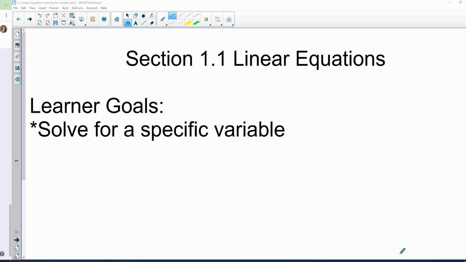We are going to just do a couple examples from section 1.1 in our book, just talking about solving linear equations to get us back in the groove, get us thinking for the day before we jump in with anything else. When you're solving an equation, we know that means you're finding the value of a variable, right? But sometimes you have equations where you have multiple variables. So I just want to see if you remember how to manipulate an equation to get a certain variable by itself. Okay? So let's see where we're at, what we